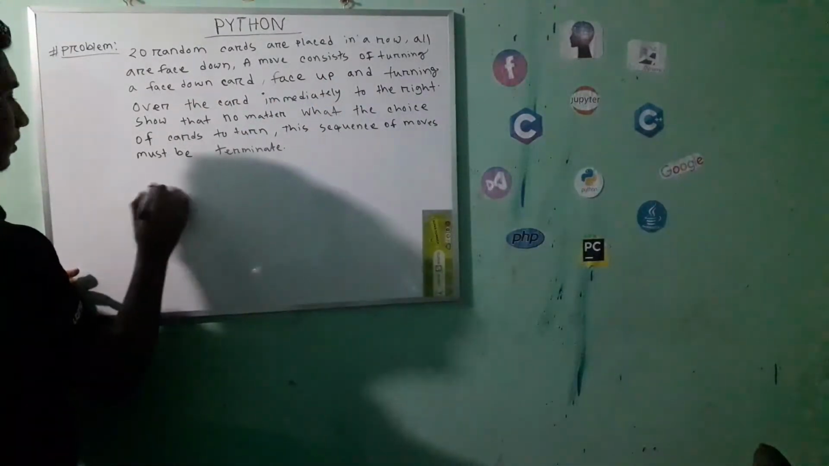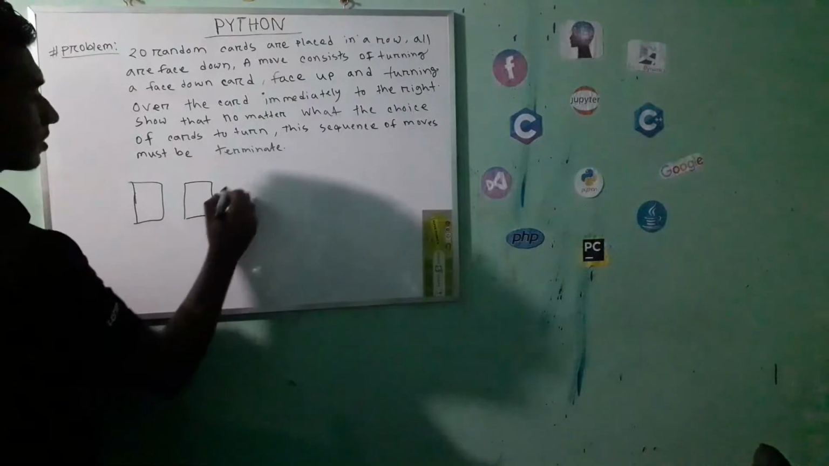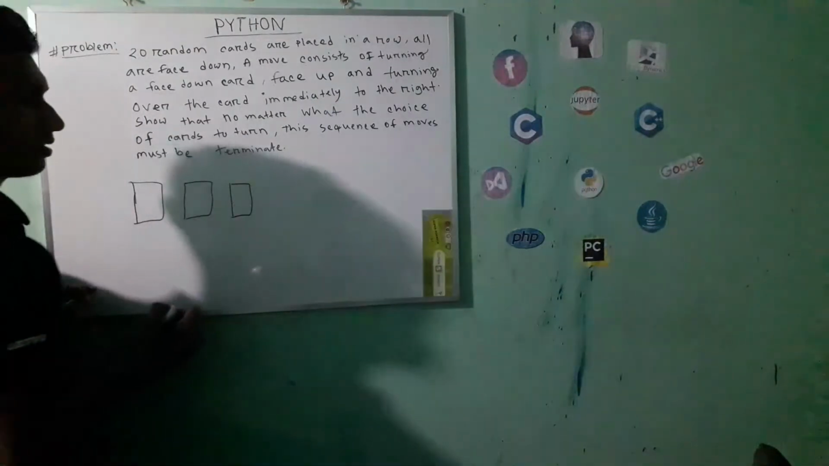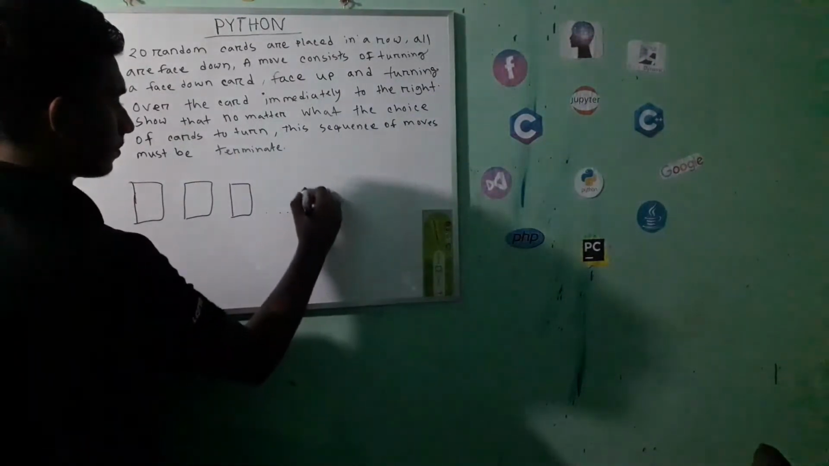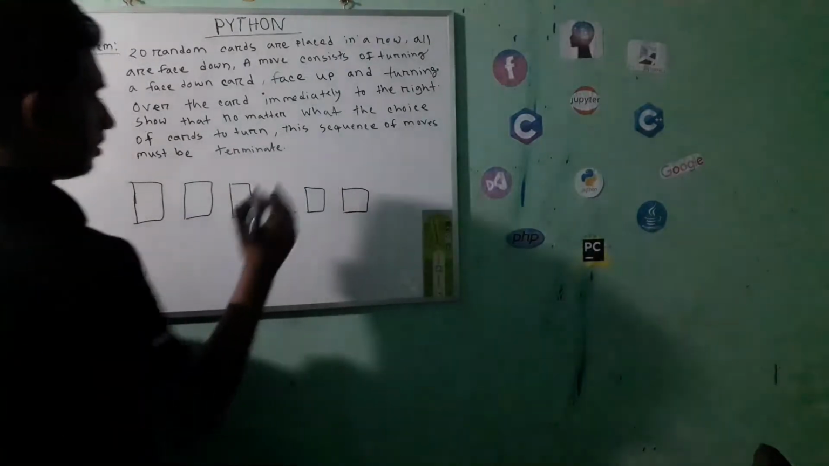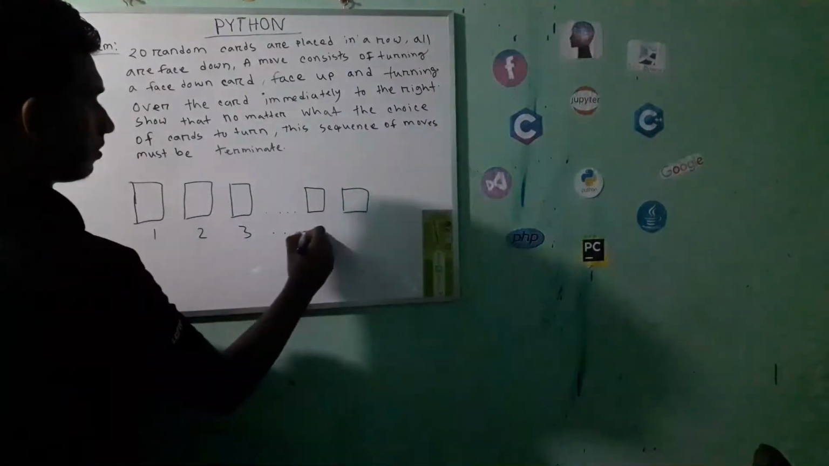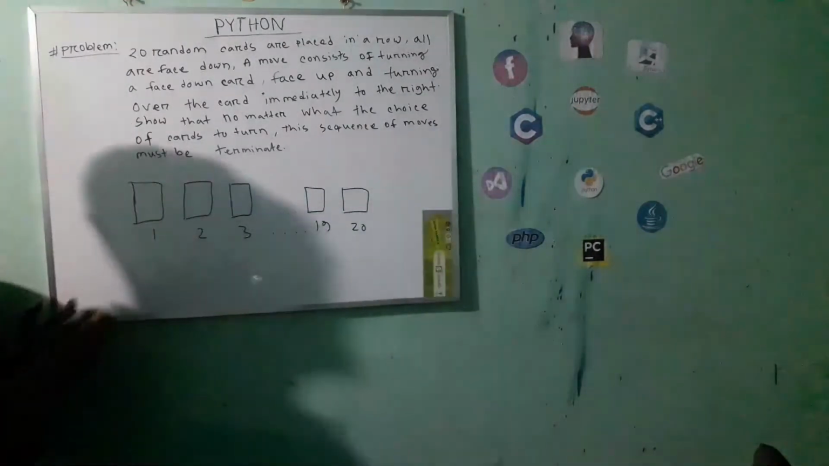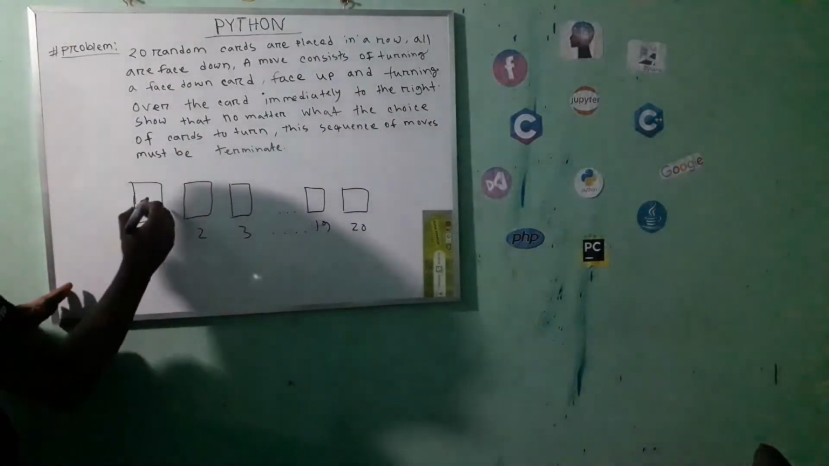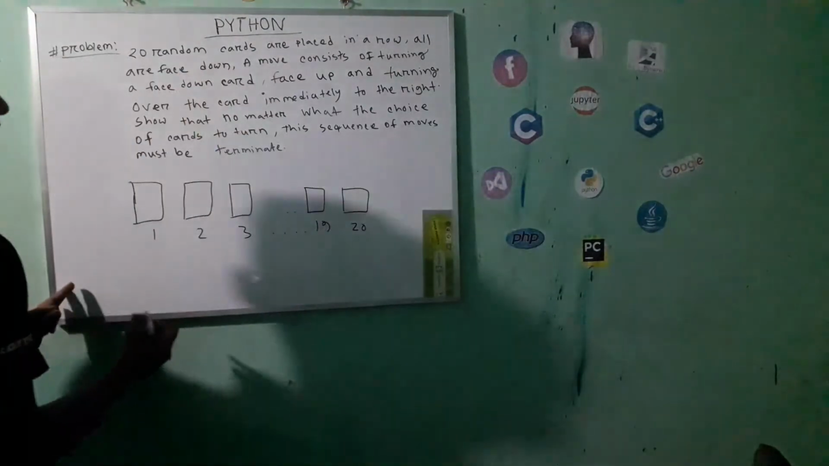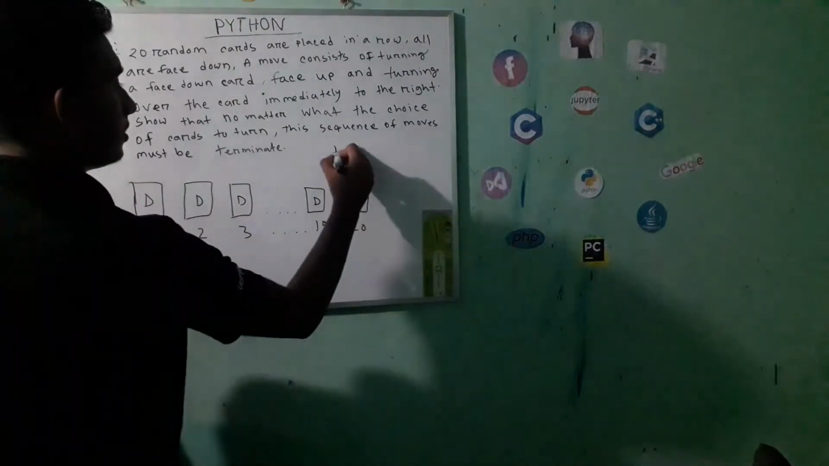I don't have much space on my board, so suppose we have 20 random cards placed in a row, but all are face down. So D, D, D, D. D means